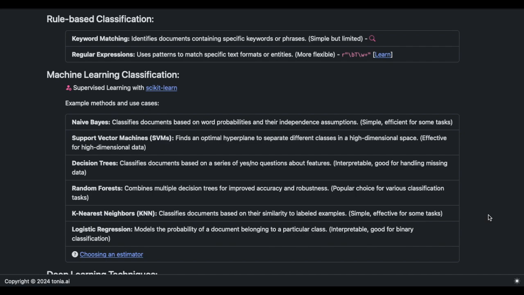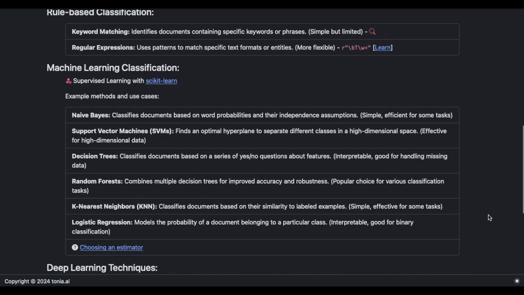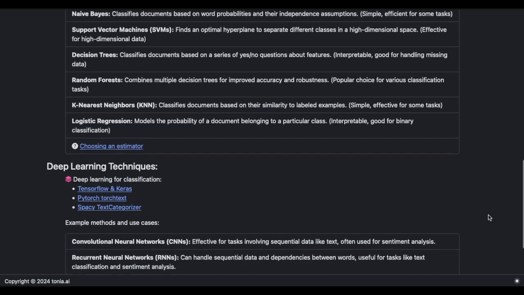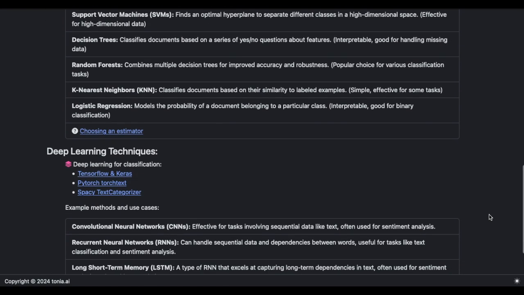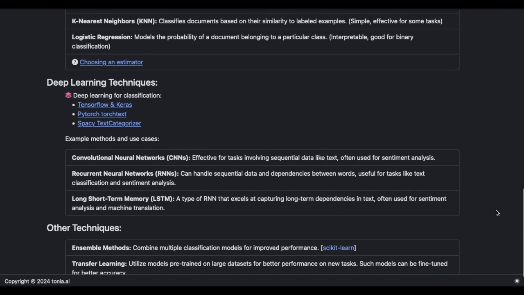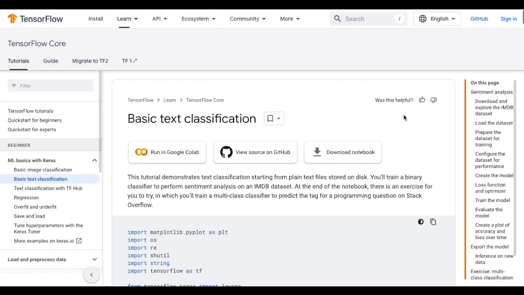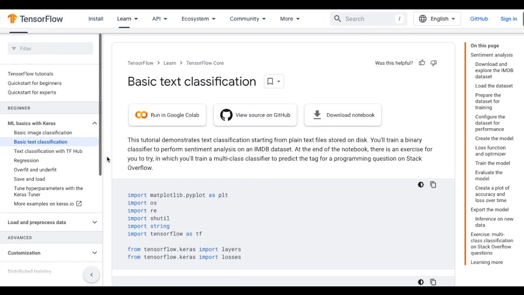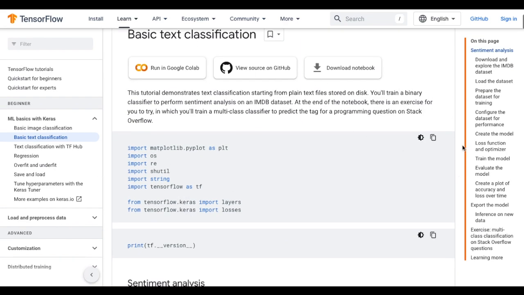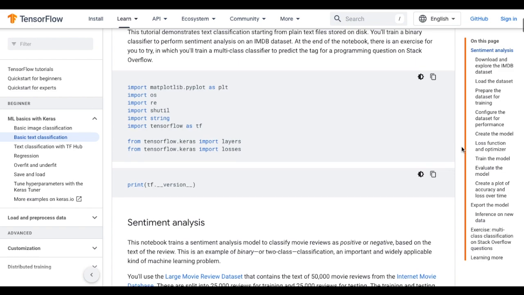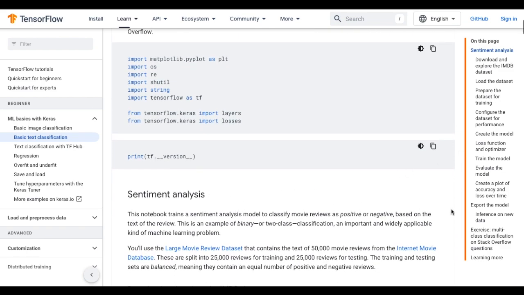In addition to machine learning, again, provided we have the resources available to us, we may want to apply deep learning techniques to our classification problem. Here I have added links to several deep learning tutorials specific to text classification. The first one is a TensorFlow tutorial for basic text classification. And you can walk through the tutorial, run it in Google Colab, or download the notebook. And the example they use is sentiment analysis, which you're going to see is a